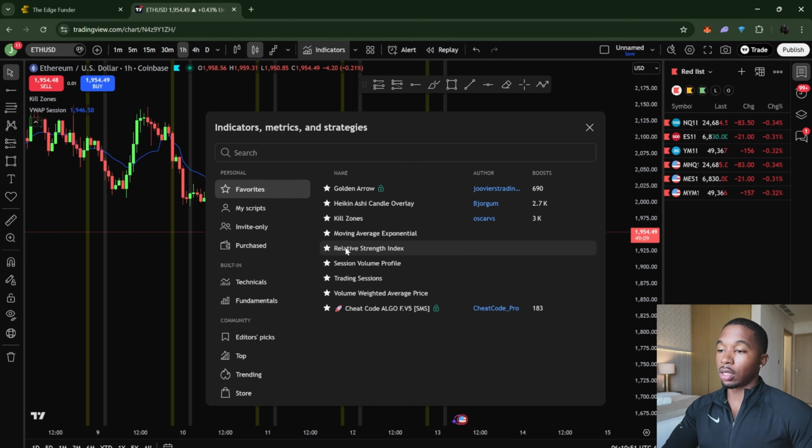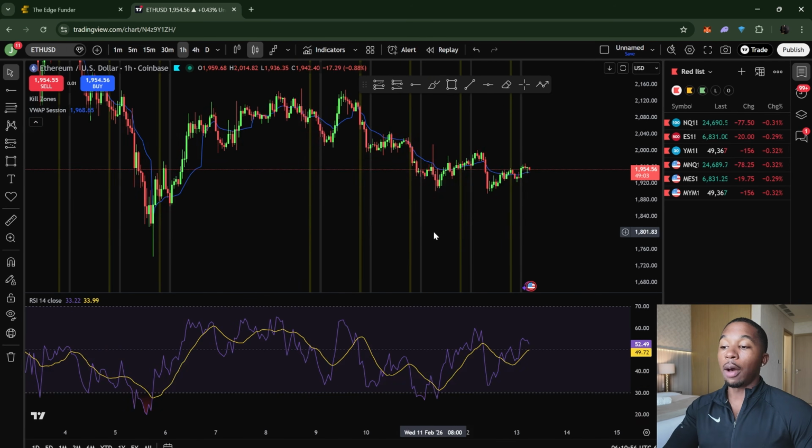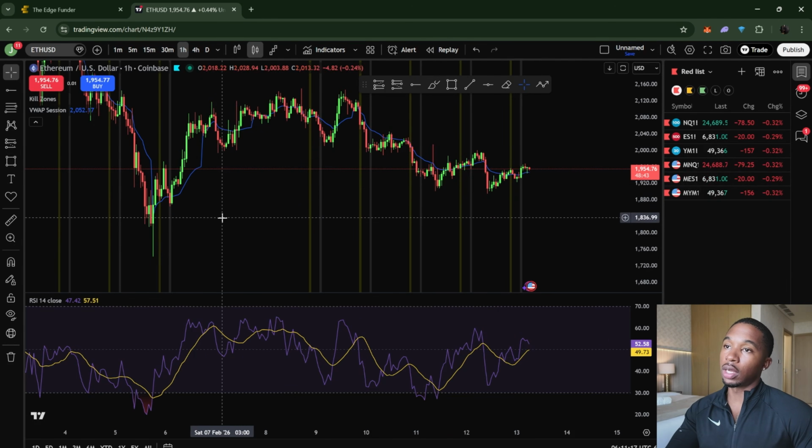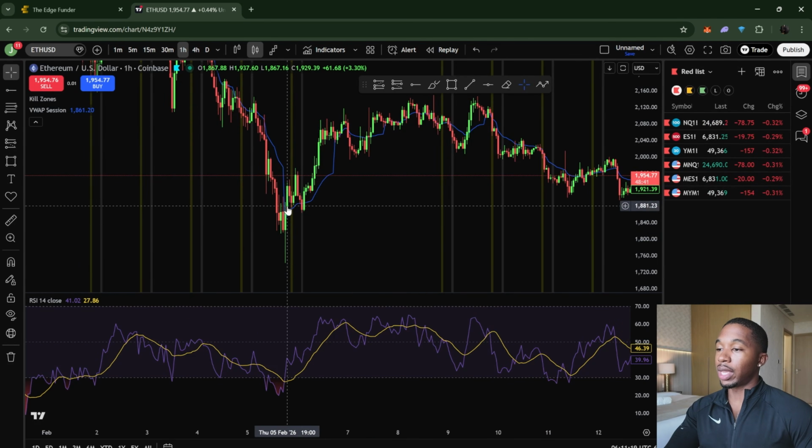Oh, another indicator that a lot of people love as well is the relative strength index. How people use this is, you see it populates down here. At the top of this, when price goes outside of this, that most of the time means it's overbought, meaning that it's too expensive and it's probably going to reverse. And when price goes below it, that usually means it's too cheap and price is going to reverse. As I mentioned with the other type of indicator, the volume indicator, the candlesticks above it are